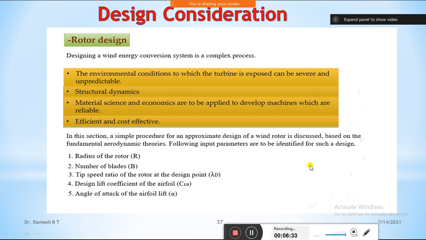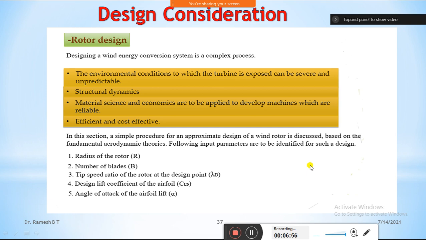The rotor can be mounted upward, always on the upwind or downwind side of the supporting towers. And this horizontal rotor can be either a lift or a drag device. We already know that lift and drag forces act while it is rotating, so there are two types of devices: one is lift and one is drag.